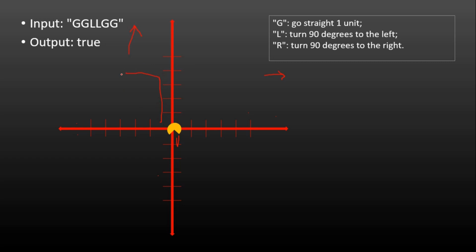So this is the first step, then again I'll go straight, take a left, then again I go straight, take a left, and then again I go straight, take a left. So I have reached the origin again, right? So in 4 steps I was able to reach the origin back, right?